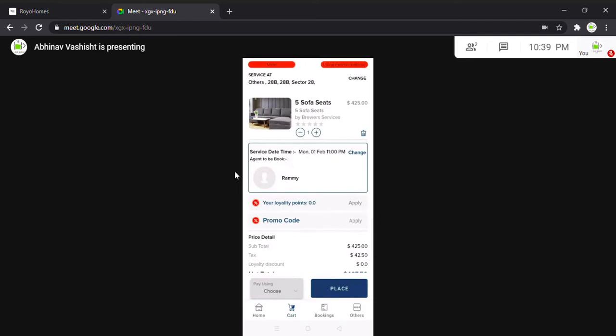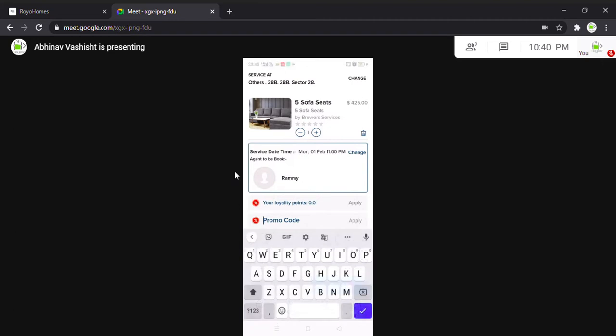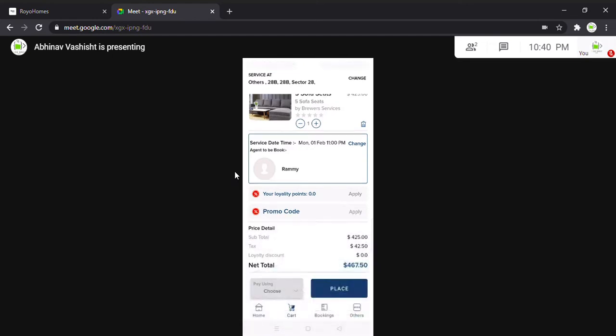Then obviously there are going to be promo codes. A promo code can be used, like first 50. You can provide a $50 discount, or maybe for a regular user you can provide any kind of discount, say $10, $20, as per your preference. Then before making the order or going ahead with it, we show them the price details. They can see the dynamics of the pricing, what is the subtotal, how much are the taxes, how much discount they are getting, and the net total they have to pay.